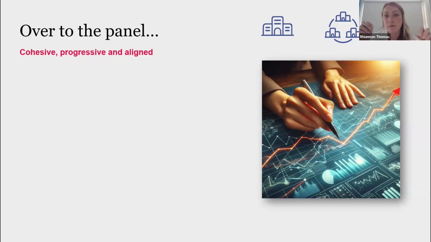So it really is that theory of embedding change. It's not something where, like you said, you see a great CPD and think, okay, let's just do that, it'll be great. It is really thought out. You're thinking about the needs of your school, the needs of your staff. You've got that long-term plan, but within that, we don't want to plan the whole year either.